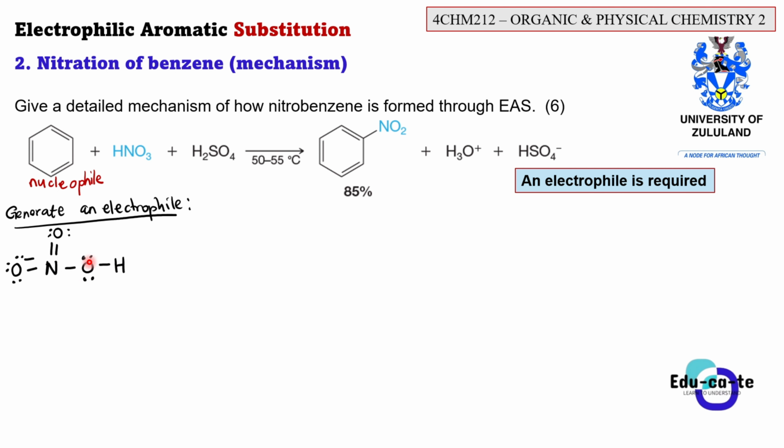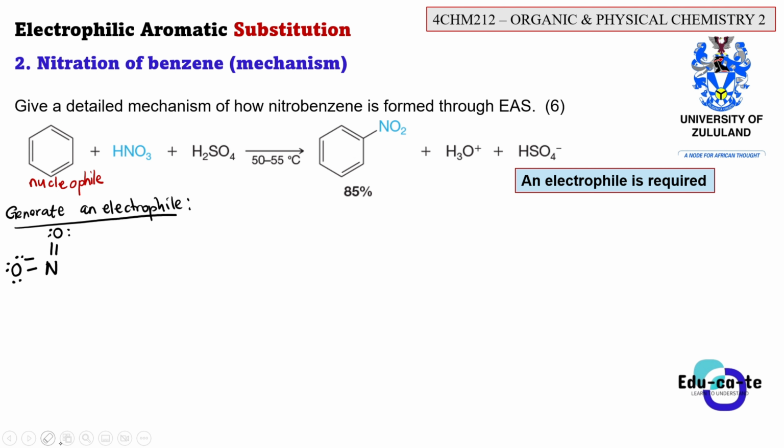Let's just say we kick out this OH group. If we just minus this OH group, what would happen? We'll remain with NO2. That's what we want. But OH is not a good leaving group. You need to remember that. So we cannot just kick it out easily. So we will require this sulfuric acid, H2SO4, to make the job easier for us to remove this OH. If we remove this OH group, we'll end up with the NO2, which is what we require to have bonded to our benzene ring.